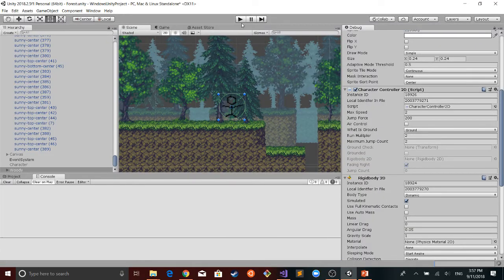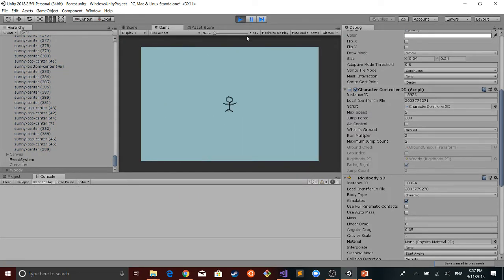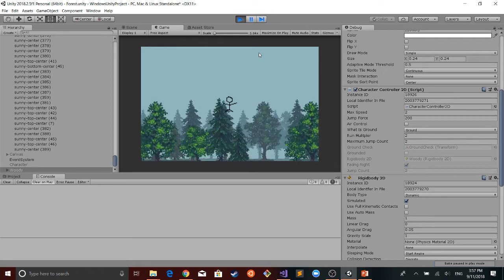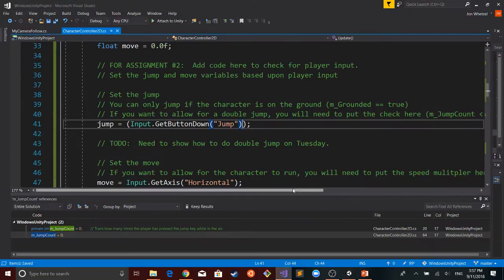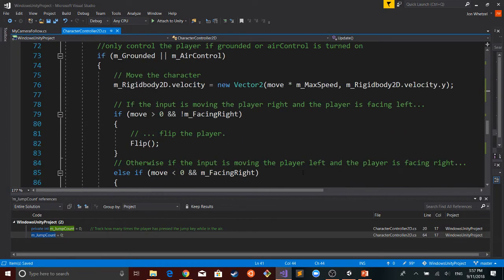So I'm going to remove that. Let's try this again. So we're still flying through the air. Not quite what we're looking for here. So let's go back and verify that we have things set up the way that we want.